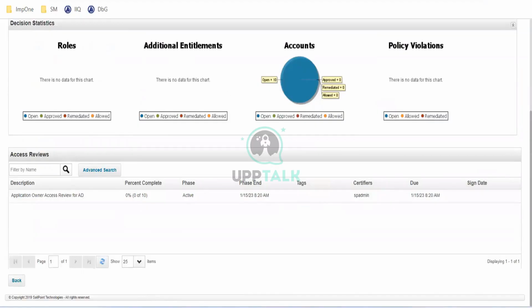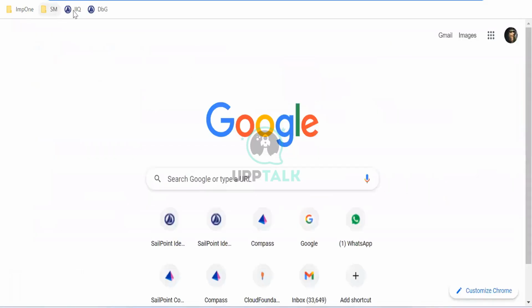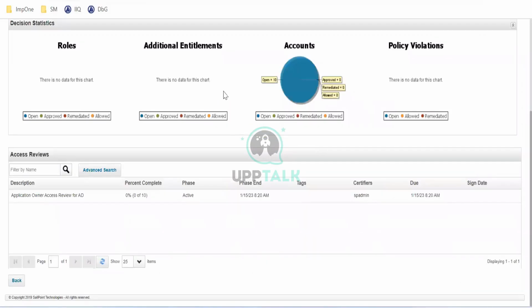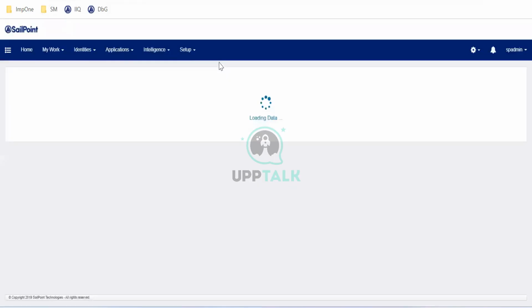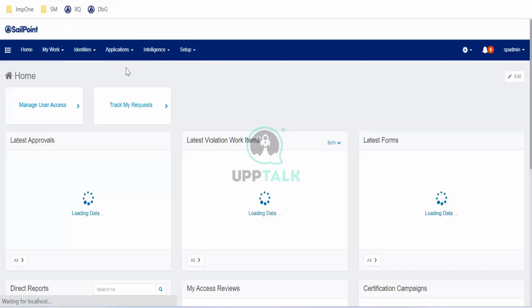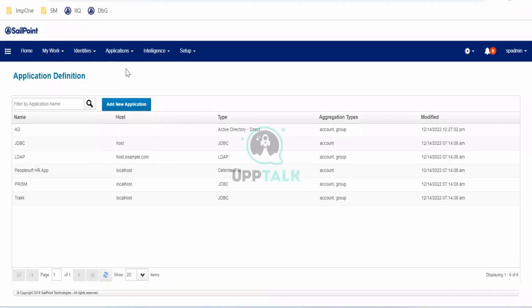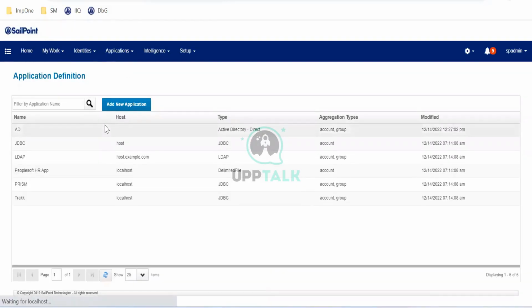The application owner is SP admin. If you want, you can go ahead and check. We'll verify. It will take time to open. Let me open this Active Directory application.